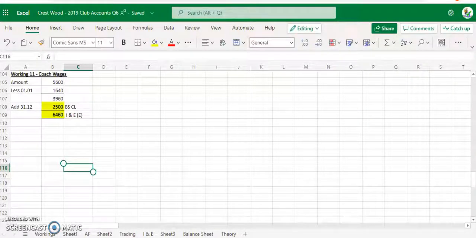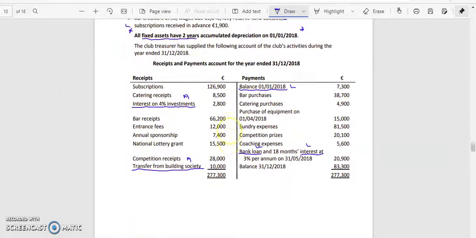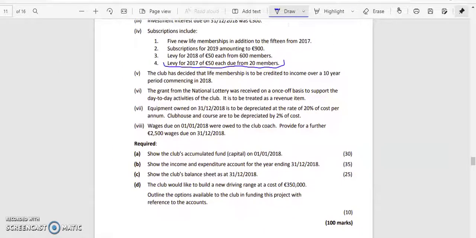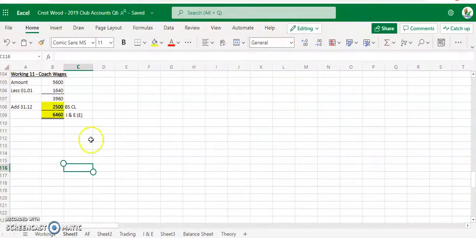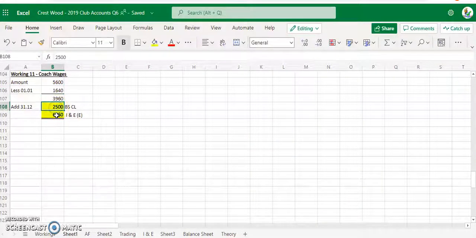5,600. We've got our wages due from the start, so 1,640. We're going to take that away, and the reason for that is it says wages due on the 1st of the 1st, 2018 were owed to the club coach. It says wages due for the previous year, so you need to take that away. So we're going to get 1,640, we're going to take it away, and then we have to provide for a further 2,500 wages due on the 31st of the 12th, so that's for this year, so you need to add that on. So 2,250. Our expense for income and expenditure is 6,460, and this 2,500 is going to go into your balance